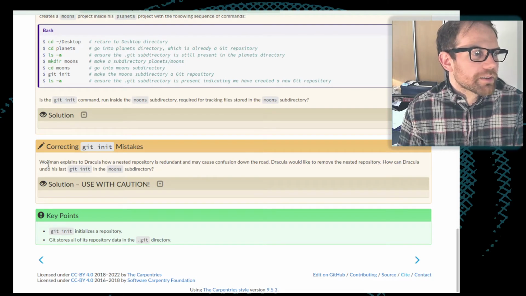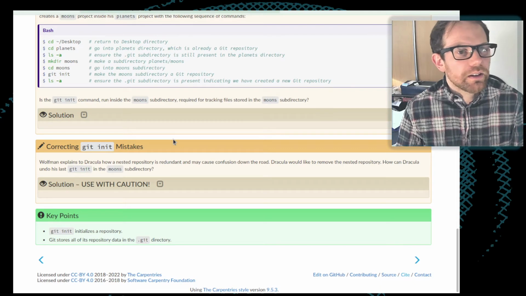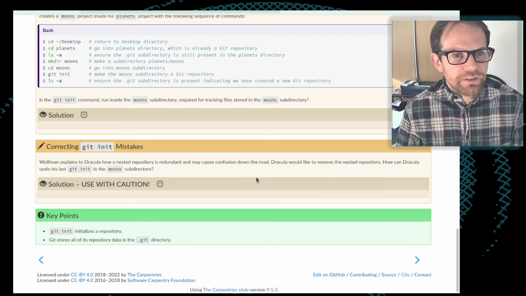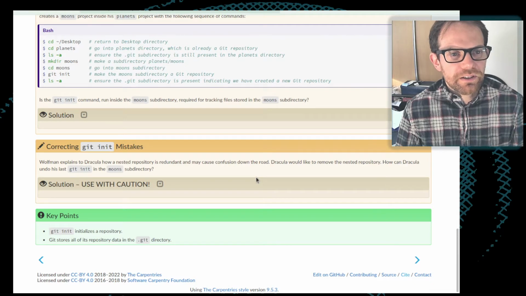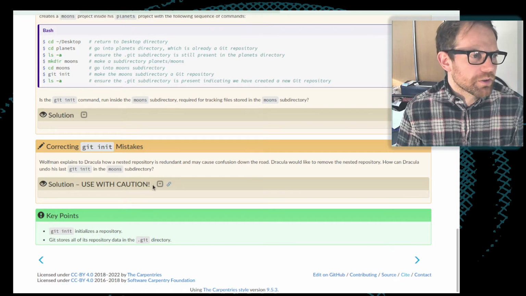So Wolfman explains to Dracula how a nested repository is redundant. So in this previous section, he's made multiple Git repositories within a Git repository. Now, there are occasionally situations where you do want this, but we're not going to talk about them today. But normally that is a redundant thing, so you can keep directories, subdirectories inside your repository. So what do you need to do to remove a Git repository?